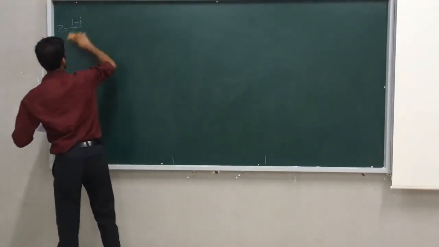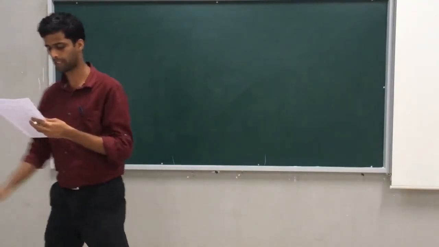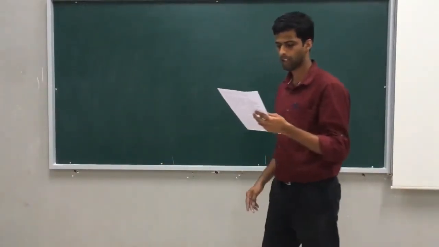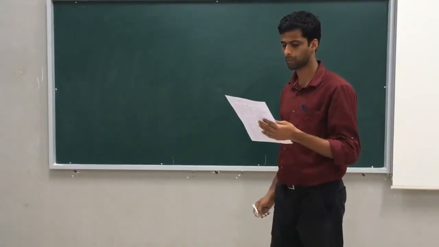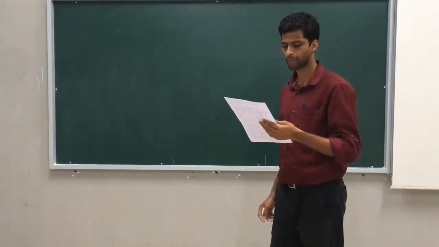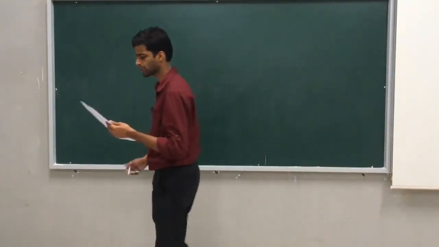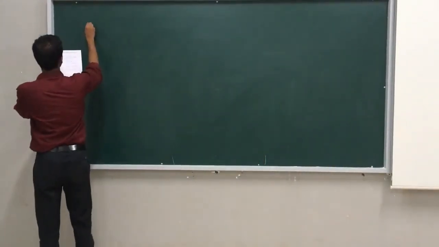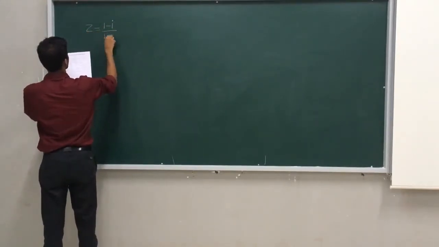So take utmost care in such problems. Don't take much time. Be accurate. Question number 4. Argument of the complex conjugate of (1 minus i) divided by (1 plus i) is. What they want is the argument of the complex conjugate of this. We are given the complex number again, (1 minus i) divided by (1 plus i).